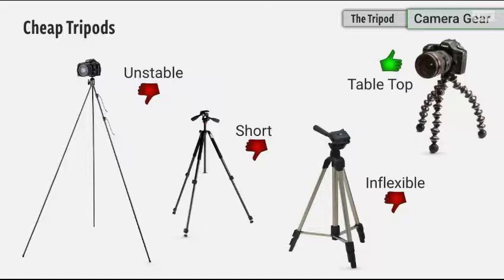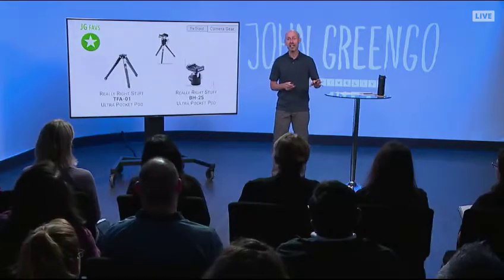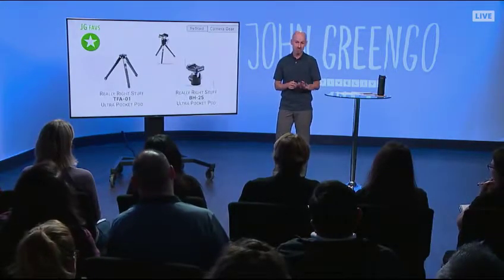You know, the really cheap one that they kind of push on you at the camera store at the last minute. And that's because they're either unstable, they're too small, they have these braces where they're inflexible and you can't get them low to the ground. And so I just don't know really of a great tripod other than a tabletop tripod that is really low